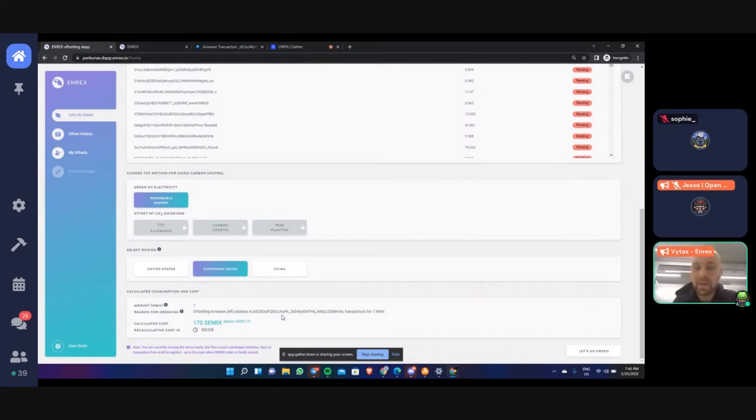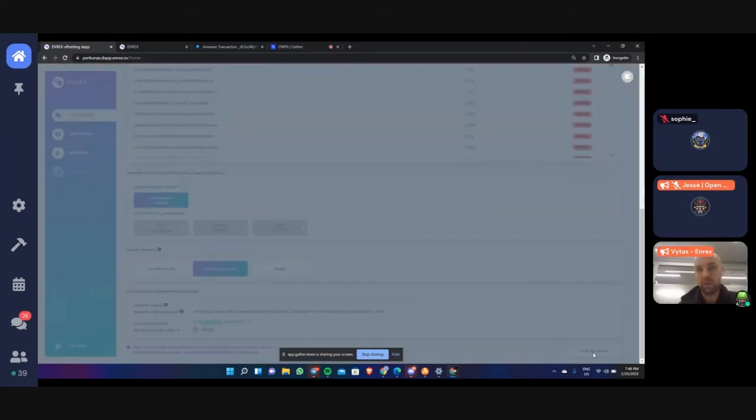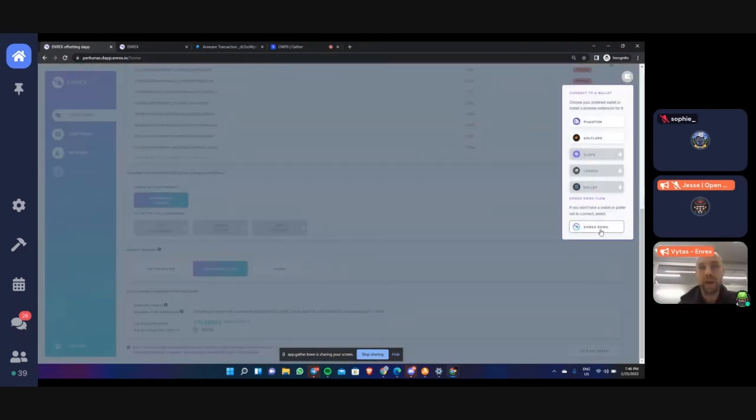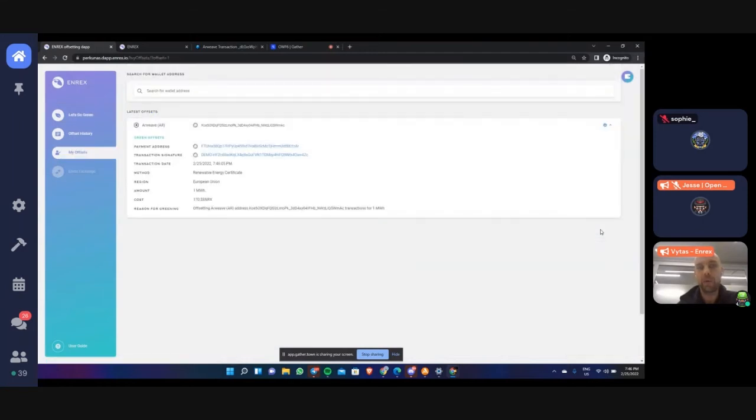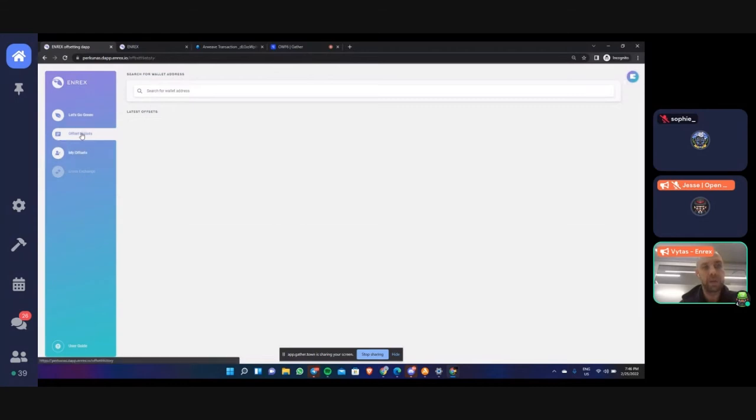So we tackle, and you can tackle, different use cases. We calculate in the NRX token. We just push let's go green. We have an NRX demo wallet app. We also have integrated other wallets, and you have an offset. So in this case, we are still generating the certificate, but what we are mostly interested in